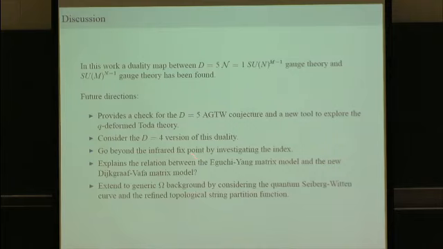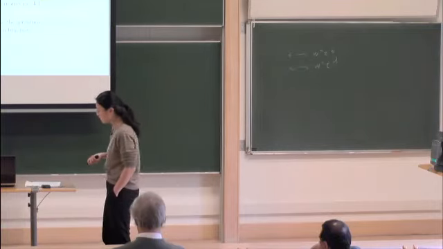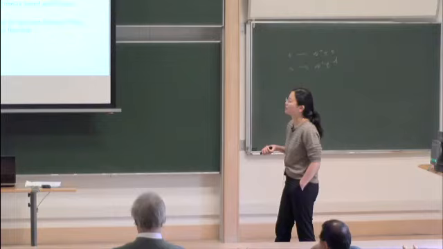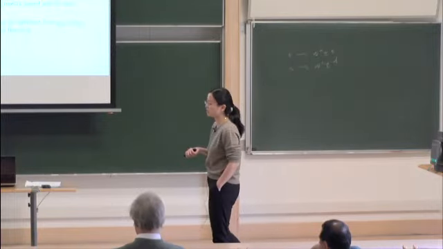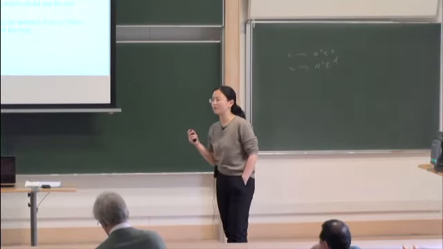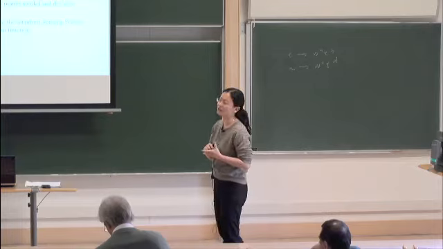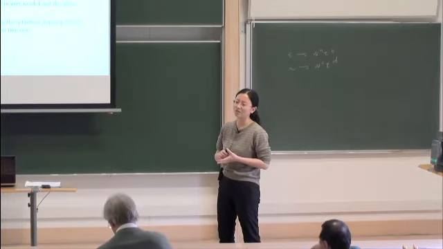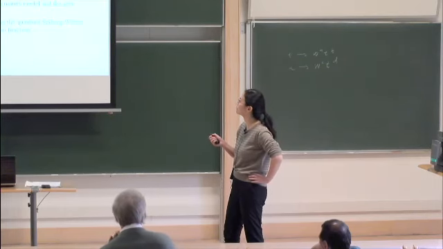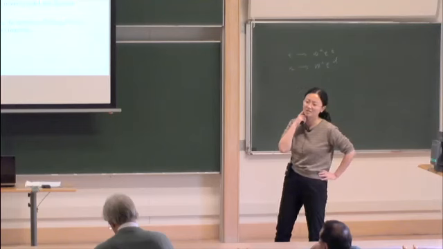And also, as already been asked, the four-dimensional version of this duality. The only comment I can make is that on the level of the Seiberg-Witten curve, Nekrasov has given a coordinate transformation of the parameters from the 5-dimensional Seiberg-Witten curve to the 4-dimensional one. That coordinate transformation is exact. So this means that the duality we have shown for the 5-dimensional case, using his map, might exist for the 4-dimensional theory as well.